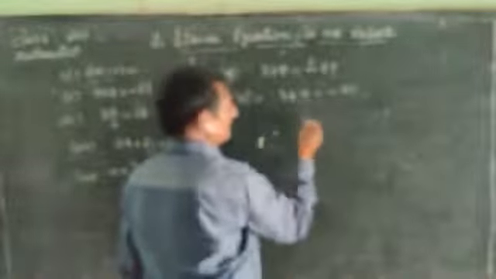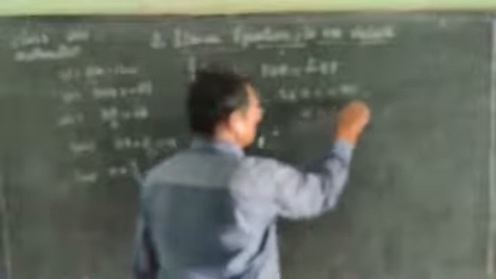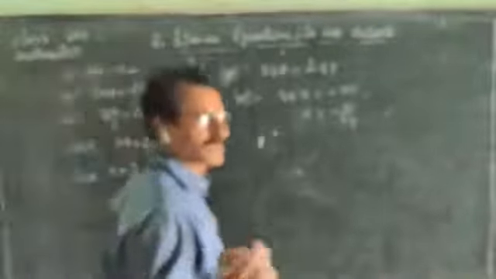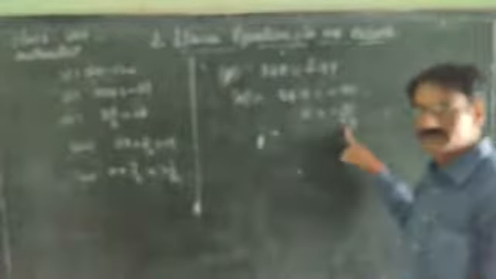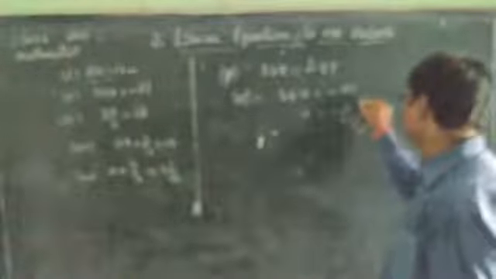First, send 34 to that side, it becomes division because it is a multiplication quantity. X equal to minus 51 by 34. What is the common factor in both numerator and denominator? I think 17 is the common factor. 17 2s are 34, 17 3s are 51. So minus 3 by 2. Yes, finally we have x equal to minus 3 by 2.